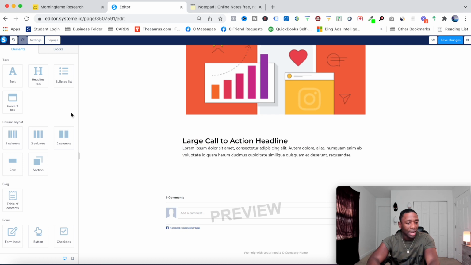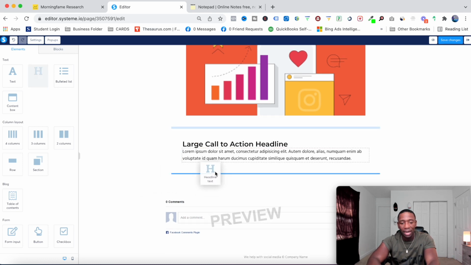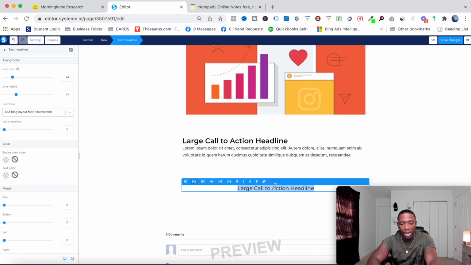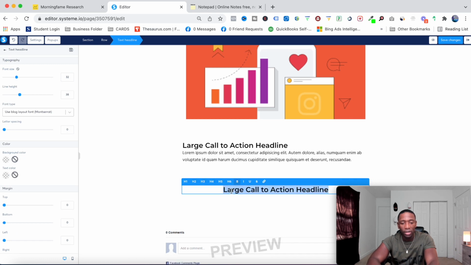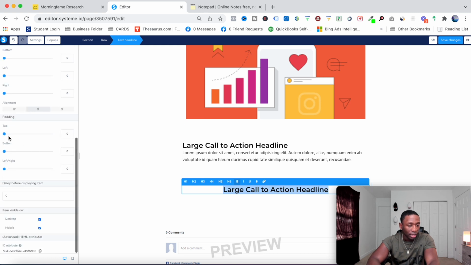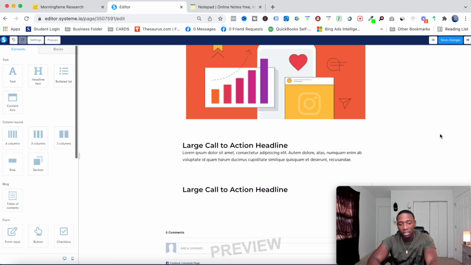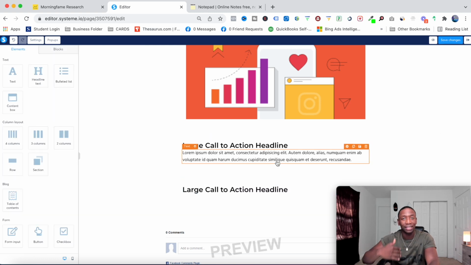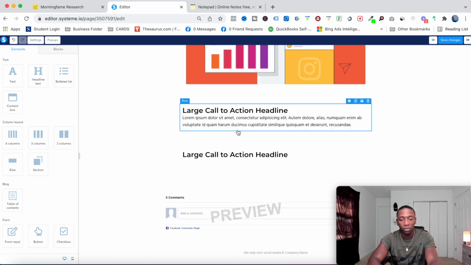All right, and then now we do the same thing. We go ahead and we add another H2. Boom. So now we do the same thing. Go ahead and do B for bold. And then I'll go ahead and make this the H2. And then I'll go ahead and left justify this as well. So you can see this process is very, very simple. I'm not having to deal with any code or any of that stuff, right? Very, very simple for me to set up, right?